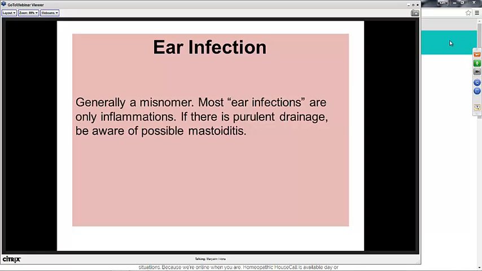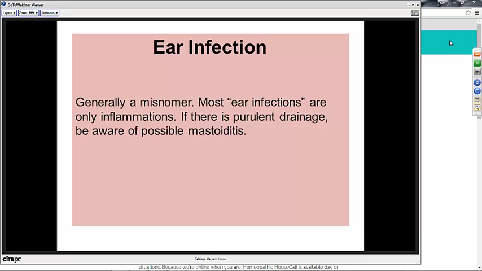The Red Sea doesn't part and the tooth comes through. The tooth pushes through a membrane, and that kind of problem causes inflammation in the tissue around it. And mucous membrane tissue tends to inflame through the entire area. So that means the gums, the mucous membranes, the eustachian tubes, all that stuff. So most things that people call ear infections are actually ear inflammations. And unless there's a purulent discharge, there usually is not an infection.